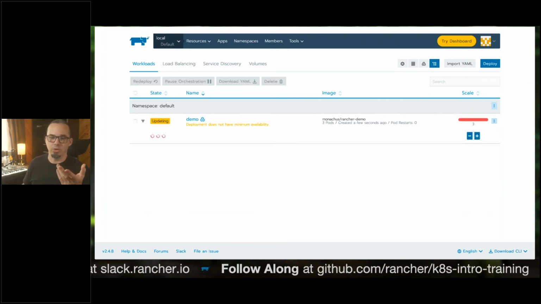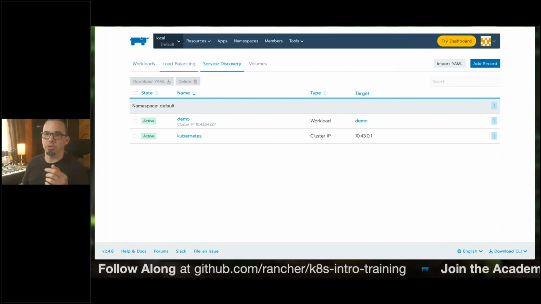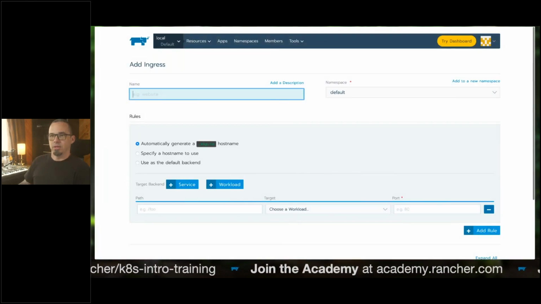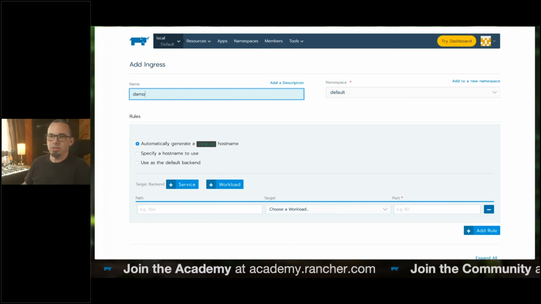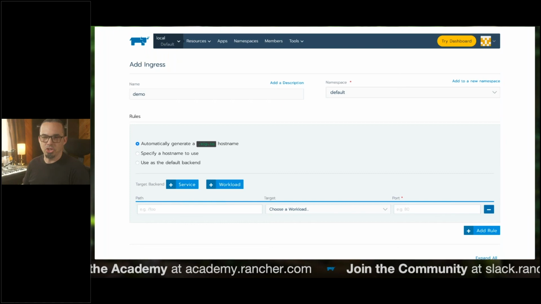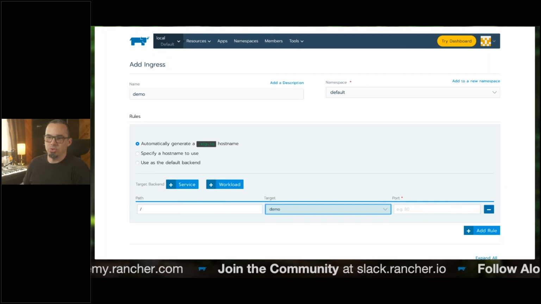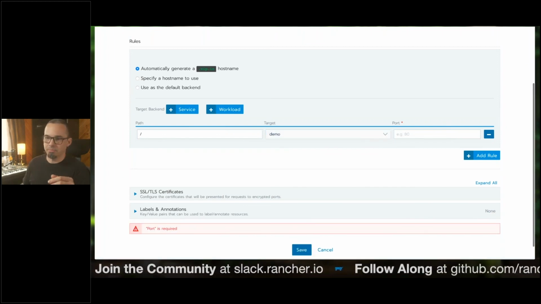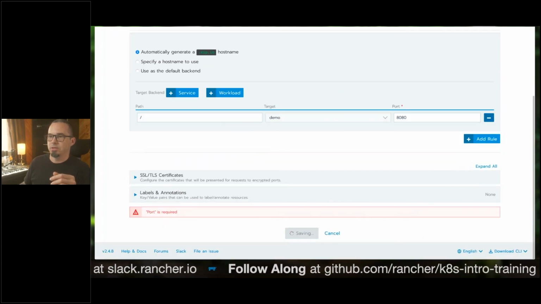This is now going to go out and create some pods, just like we asked it to do. It created the service for us. That's pretty cool. So let's just real quick come over here and click on the load balancing tab and say that we want to add an ingress. Call this demo, and leave automatically generate a host name checked, and hopefully that will work. The path is going to be / and you can just choose the demo workload. If we had TLS certificates, we could add them here, but we don't. Oh, we need to route that to port 8080. We'll say save,